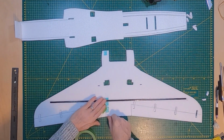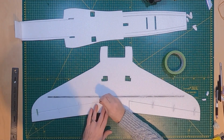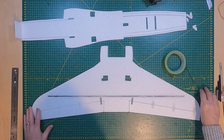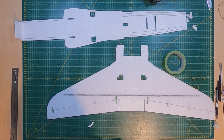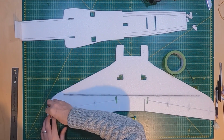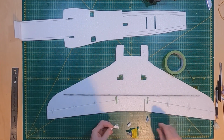However, I'm taping up the inside ones because we didn't do them for the reason is the control rods, the control horn on the aileron hinges will be coming up. If I'd have done them initially, they would have been sticking up and I couldn't have had it flat to the build surface. So here I'm just putting a wee bit Yoo-hoo pour in the one that we forgot. And the same with the